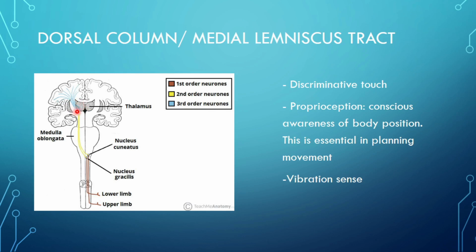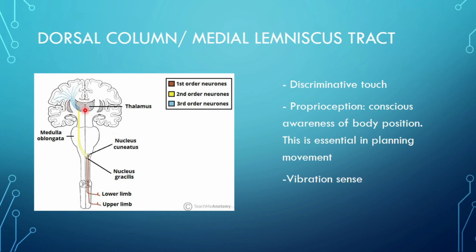And at that point, the second order neuron is going to synapse with the third order neuron, because what did I say? All sensory information that is traveling in a sensory pathway is going to synapse within the thalamus. So here we have that synapse. So the second order neuron synapses in the VPL